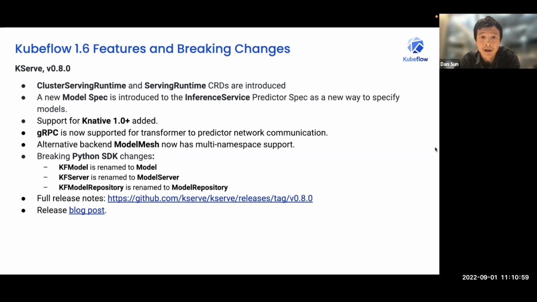ServingRuntime is already supported by model mesh, which is a concept we introduced to KServe as well for deploying single models. So now ServingRuntime is supported by both KServe as well as model mesh. So we can use a single inference service API to deploy to both KServe and model mesh. The two new CRDs